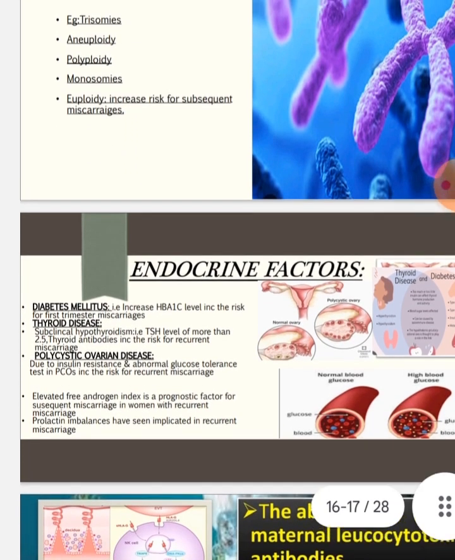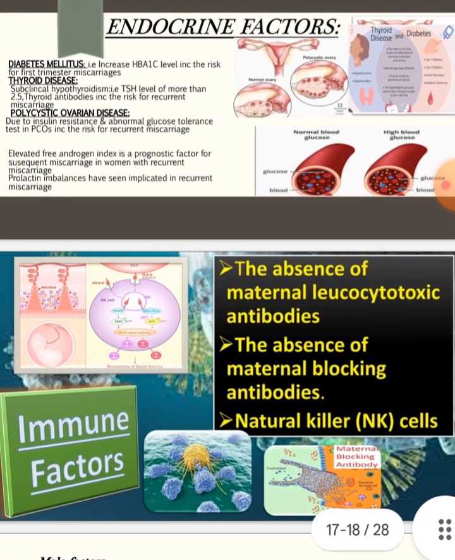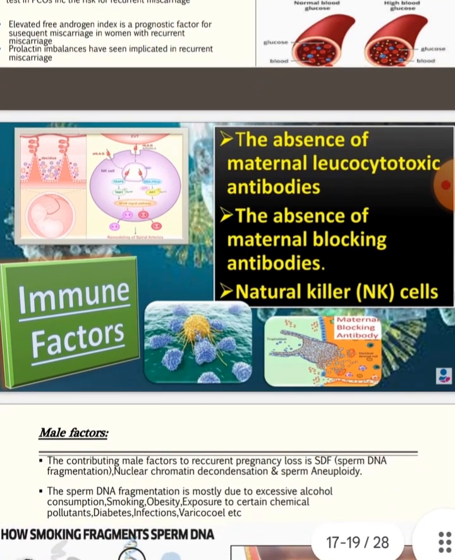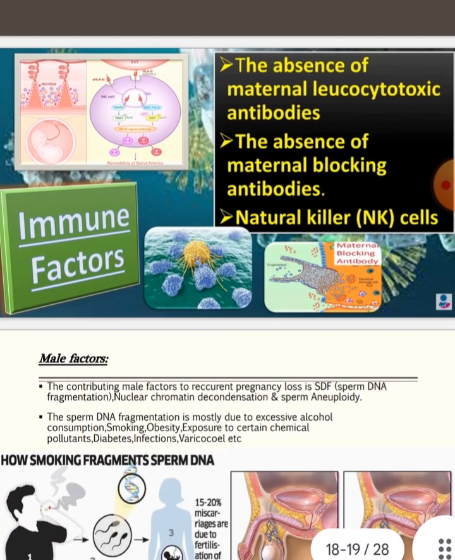What are the immune factors that cause recurrent miscarriage? The absence of maternal leukocytotoxic antibodies, and the absence of maternal blocking antibodies in the natural killer cells. What are the male factors that contribute to recurrent miscarriage? The contributing male factors are DNA fragmentation, nuclear chromatin decondensation, and sperm aneuploidy. Sperm DNA fragmentation is mostly due to the male drinking excessive alcohol, being a smoker, or if he is